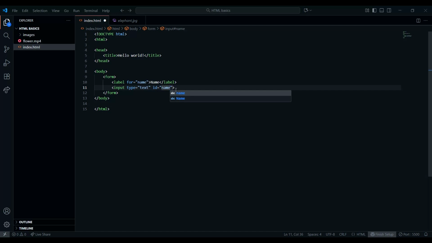Now, ID is something that we're going to go through a little bit more in a future video. I think it's in the next video that I'm going to go through that. But basically, ID is used for both in the CSS to style your website, and then after we click save, we click go live. And now, as you can see, here is the label and here is the input where